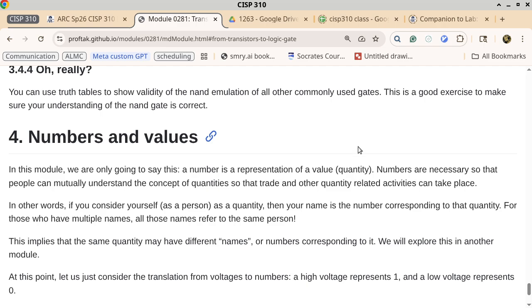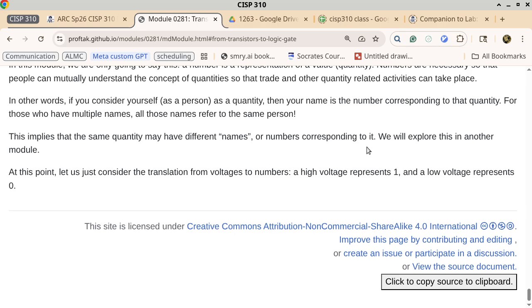At the very, very end, if you go all the way to the bottom, there are a few hyperlinks. The first hyperlink is just a link to the Creative Commons license, which tells you what you can and cannot legally do with the content that you're looking at here. The Creative Commons attribution, non-commercial, share-alike license allows you to use this content pretty much any way you want,